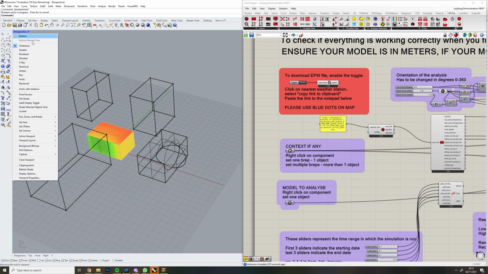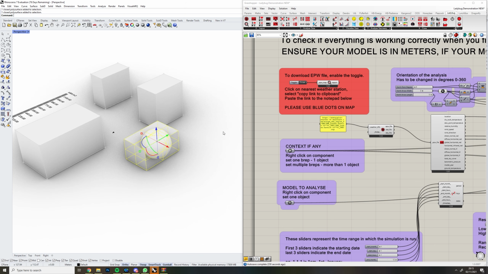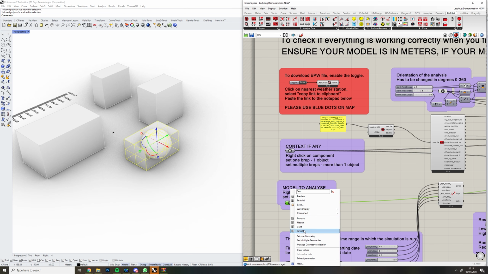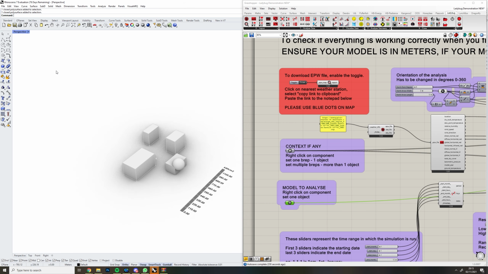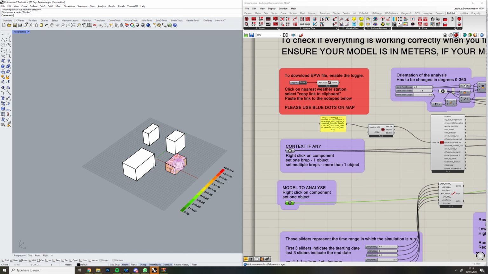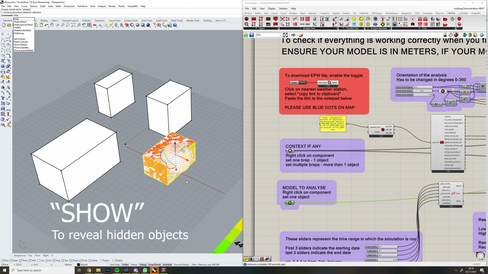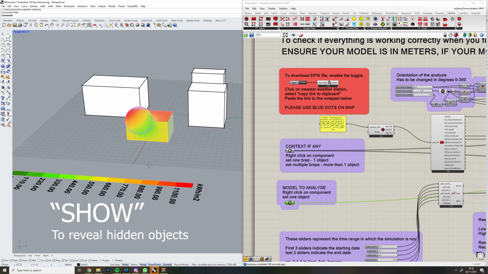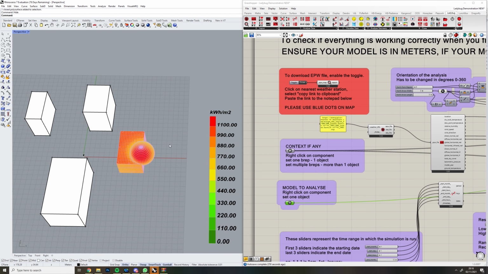So something like this, let's make it Arctic, just so you can see what it looks like. Okay, that's fine. Model to analyze, right click, select one geometry. Oh, unfortunately Arctic doesn't show us colors, so let's go back to shaded. We can hide this, so just type in hide, and you can see that it's completed the analysis on this specific model. So those are those two